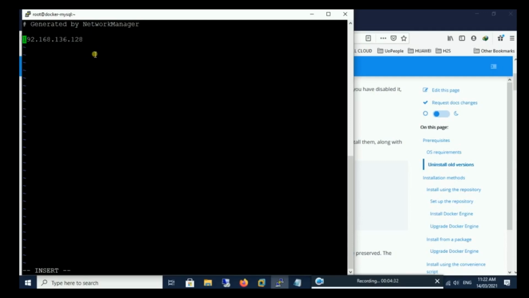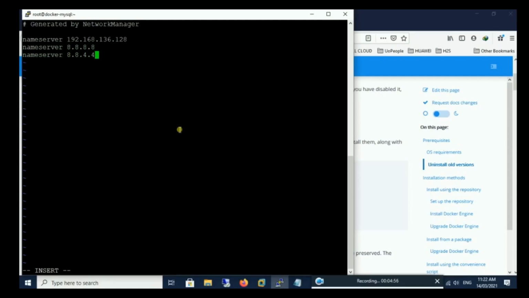My gateway IP is 192.168.136.1. I made a mistake here, I put 128. So take note, it is the gateway IP, but not the server IP, followed by 8.8.8.8 and 8.8.4.4.